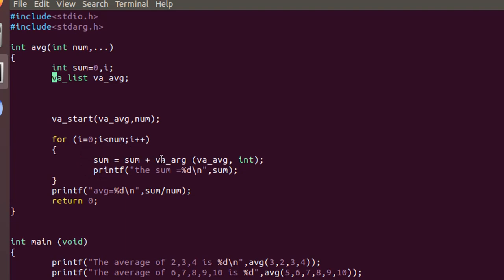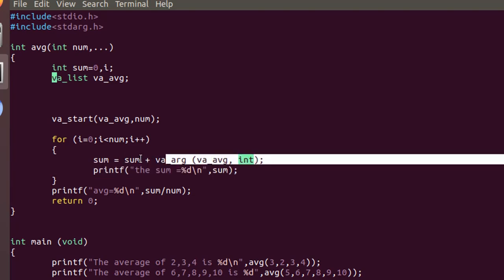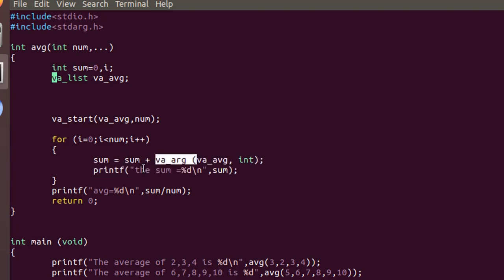So how to get data is, we have to say va_arg, this is the macro to get the data, and where means from which list. So from this list we have to take the data, and what is the type of data. It's an integer data I'm going to get. So when first time I call this macro, it will give me the first data, which I will print here, and then I will go back again and fetch new data, new data, new data. So how many times I have to loop it, that I have to control through my variable.